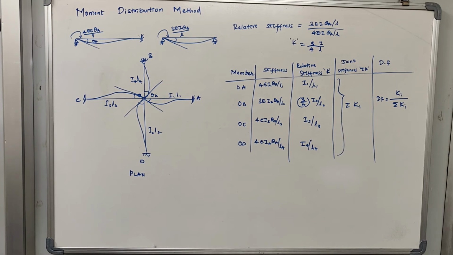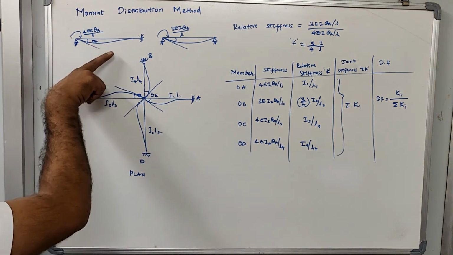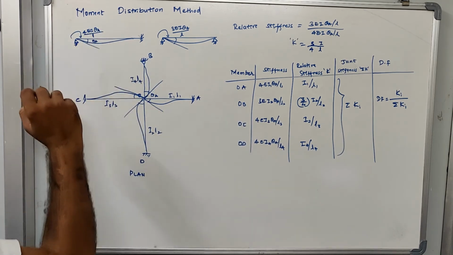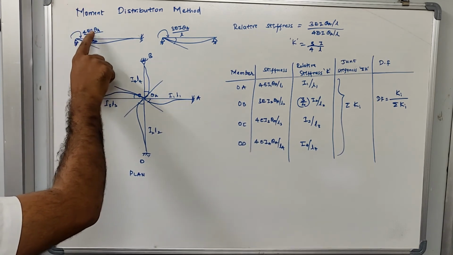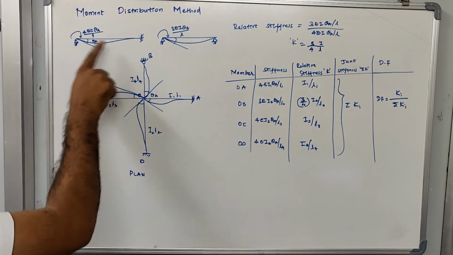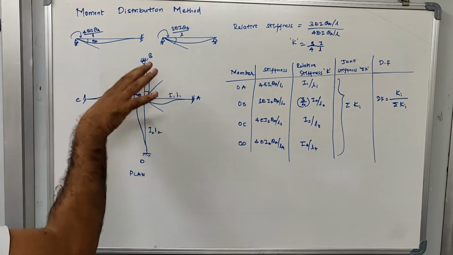So here what we'll do is I'll give you a brief explanation of stiffness. Okay, I already have explained to you what is stiffness. The value of stiffness is determined based on the moment that is required to create unit rotation. For example, I had given you this equation called 4 EI theta A divided by L. So here theta becomes unity 1, then that will represent the moment, and this moment is representing the stiffness of any element. Okay, greater the moment, higher the stiffness, lesser the moment, lesser the stiffness, right?